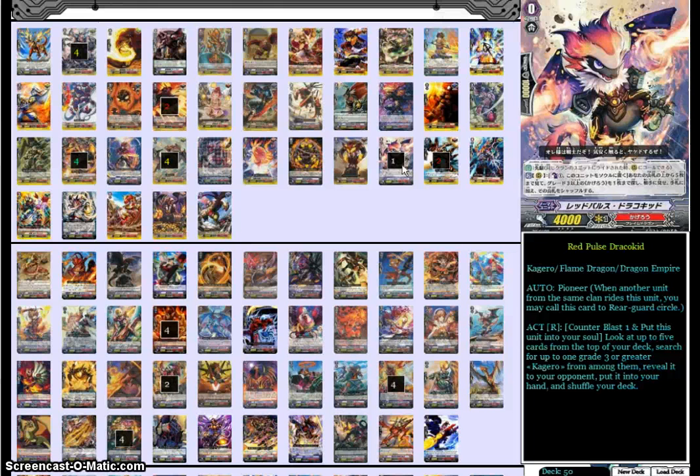First, I do run Red Pulse Draco Kid for a couple of reasons. First, this really is just like the generic Kagero starter. It really is just the best for most decks. Counterblast 1 from the Soul, check the top 5 for a grade 3. First of all, you do need a copy of a unit on the Vanguard circle to activate the ability, and,